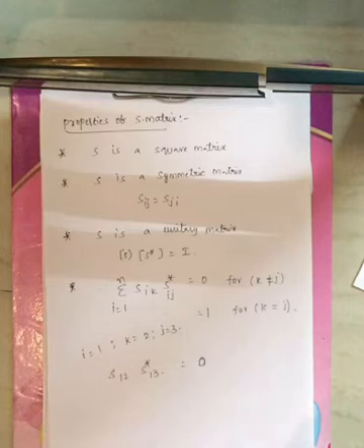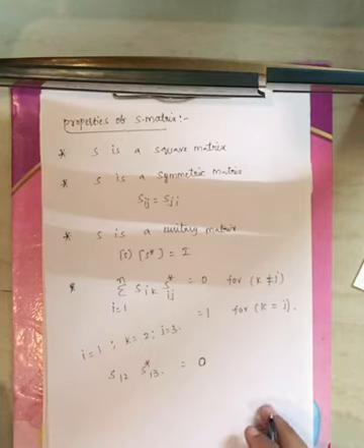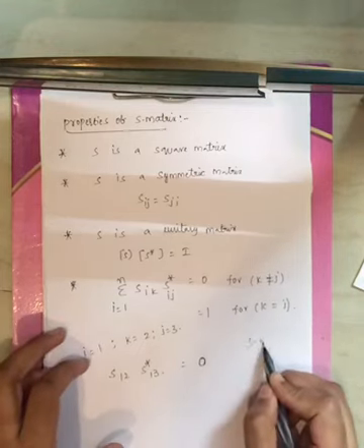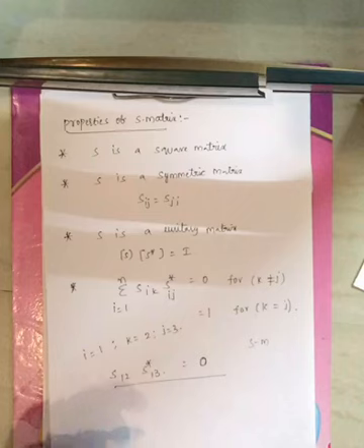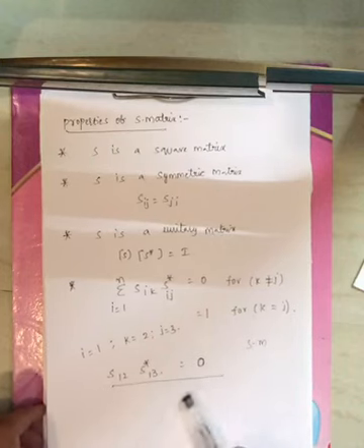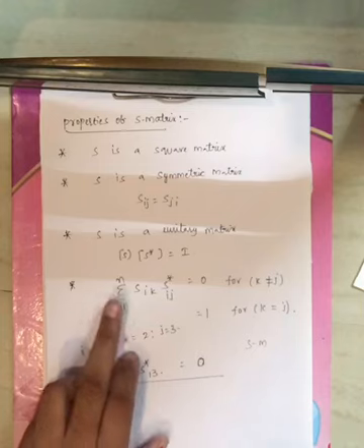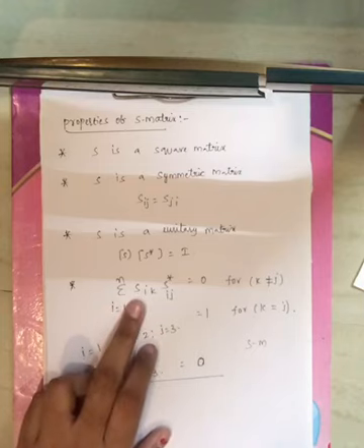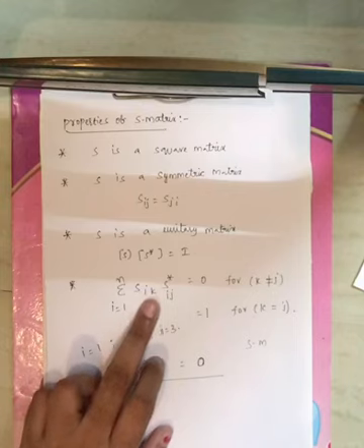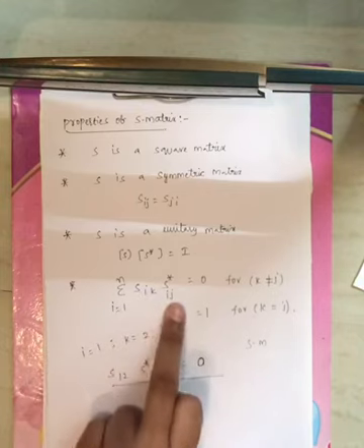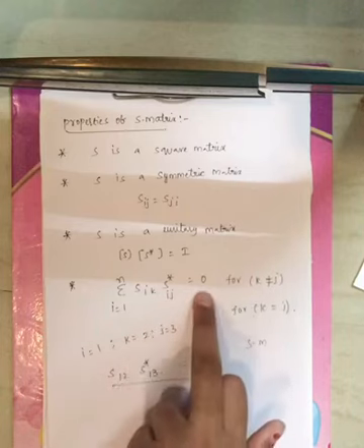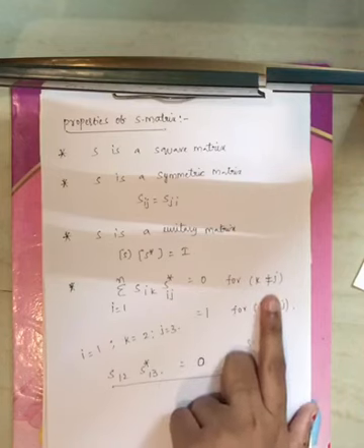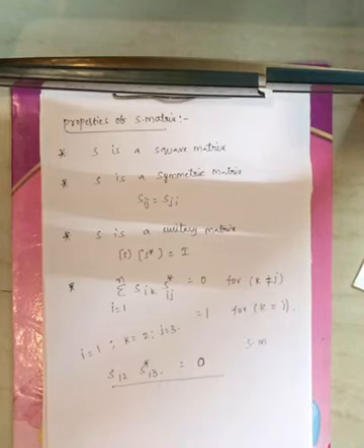The proof for this particular property I will give while explaining microwave devices, because only after finding the S matrix can you prove this statement. For those microwave devices we will find the S matrix, and I will prove this statement. When i varies from 1 to n, the coefficient has input given at the kth port and output collected at the ith port, and input given at the jth port and output collected at the ith port. The product with the conjugate will be 0 for k not equal to j, and when k equals j, the product is 1.